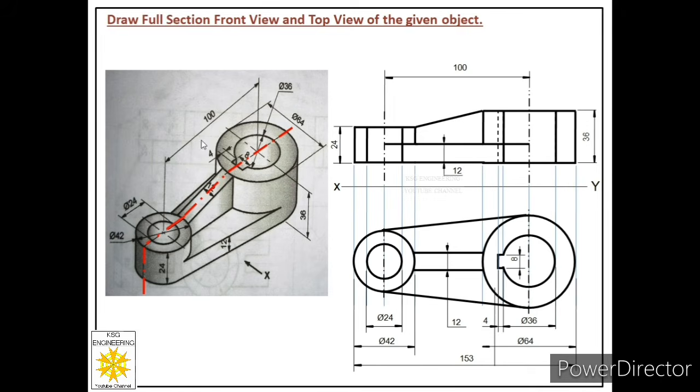Now after that we will see this part over here which belongs to this opening only, because this is not a circular opening, it has a different shape at this end. When we cut this opening from here, this face which was shown hidden earlier in the front view will be visible to us. It means we will convert this face also into a visible face. So for that we have to convert this hidden line into a continuous thick line, because when we remove the front half portion of this object, this face which was hidden earlier in the front view will be visible. So we have converted that face into a visible face now.